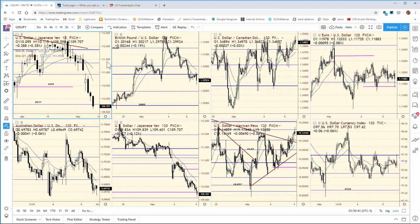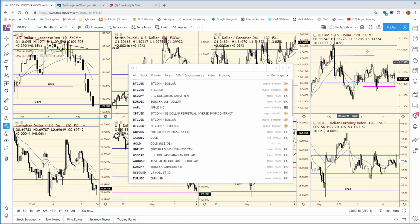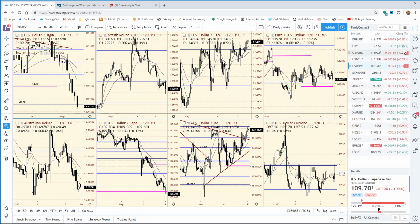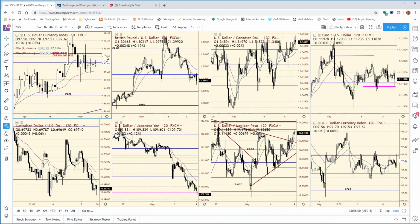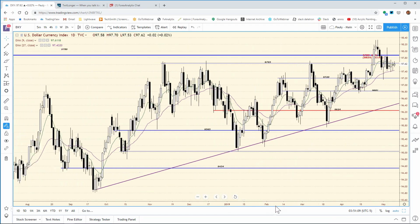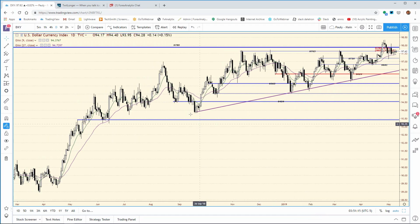Cash dollar index. Well, it's pretty clear where the pivot is. It's this 97.89. This is just huge. It's huge on a weekly. It's even huge on a monthly. Okay. So, but it's solid as a rock on this weekly. So 97.89, but